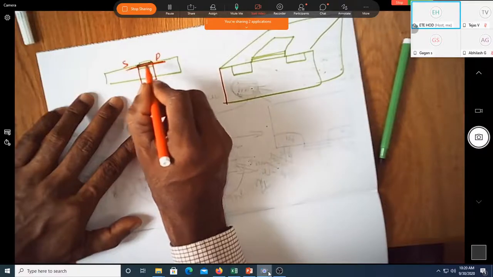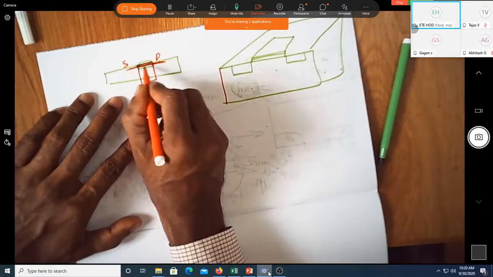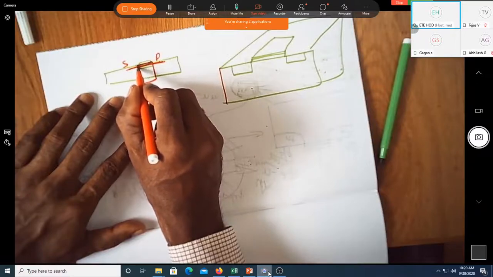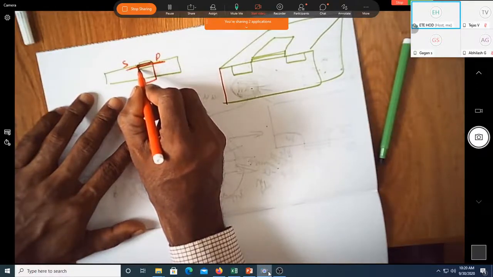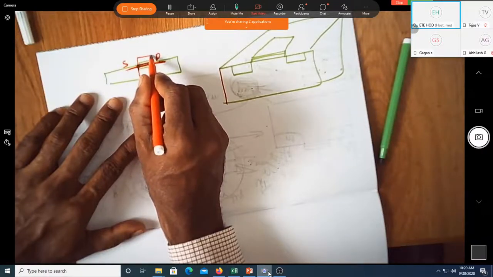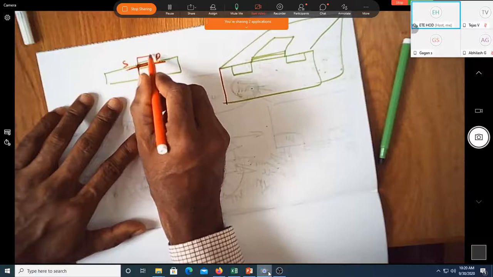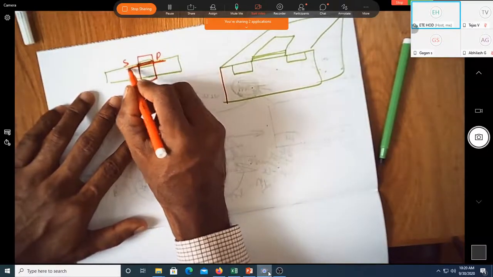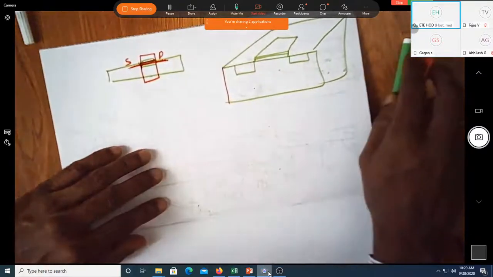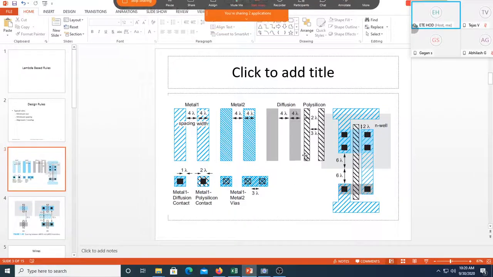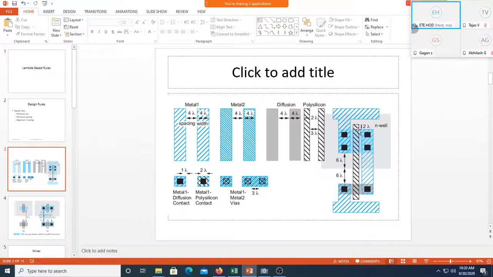So this source and drain will be connected. From source to drain, there will be an interconnection because the gate is not being fabricated here. In order to avoid that, they will extend this by 2 lambda. When it is extended by 2 lambda, there is a guarantee that there is no source to drain connection within the MOSFET. So that's why there is a minimum extension of 2 lambda for the polysilicon beyond the transistor.